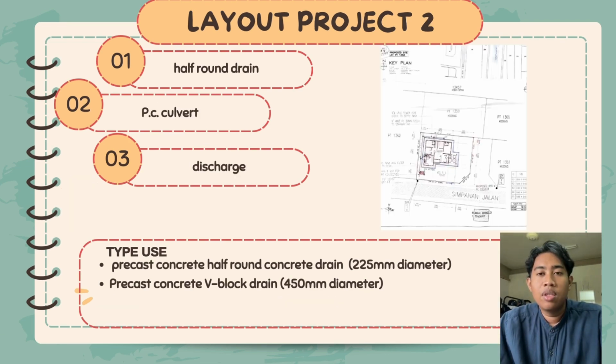Layout of surface water drainage system in case study 2. First, the water is collected inside the half-round drain in the perimeter of the building. Then the water will flow into precast concrete culvert at the boundaries of the house and then transfer out of the area. Type of drainage used in this case study is first, precast concrete half-round drain and